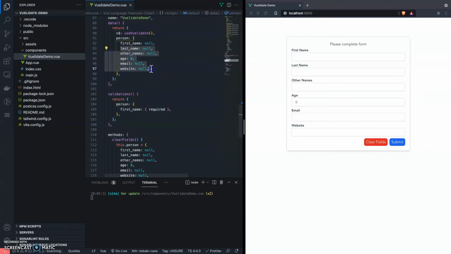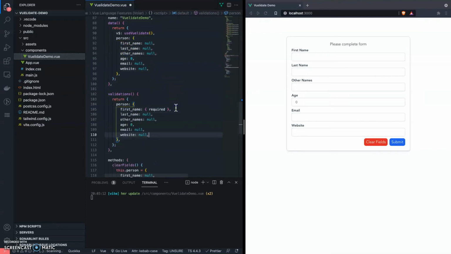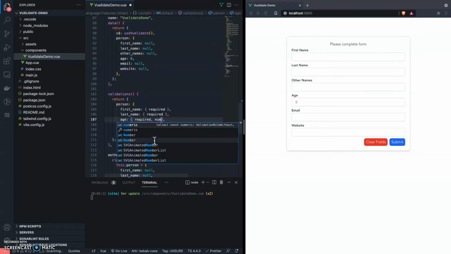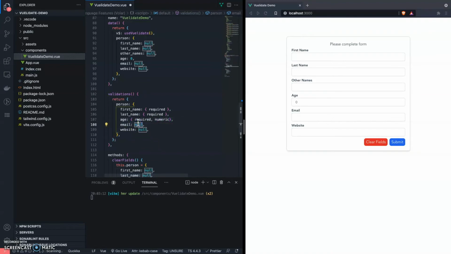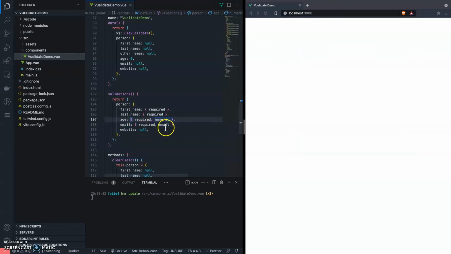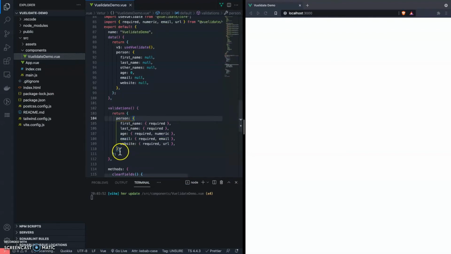What I'd like to do is just to copy this, paste. We have the last name, which would also be required. The other name we don't intend to validate, so we will leave it blank. The age is required, and it's not just required, but it's also a numeric field. And for the email, it's required, and it's an email field, so we would like it to be checked, properly formatted. And for the website, it's required, and it's a URL. And we have what we absolutely need to